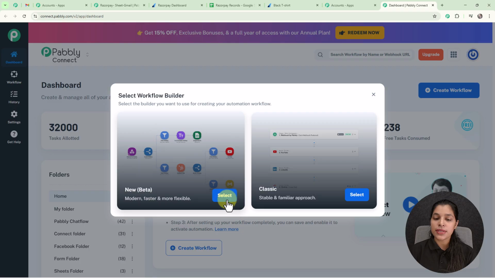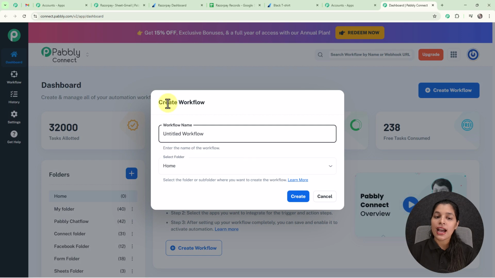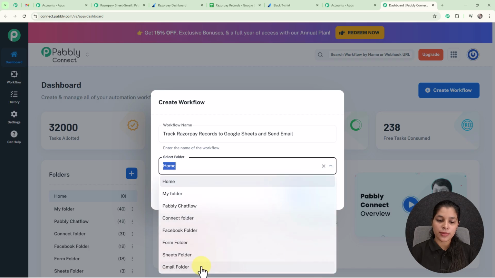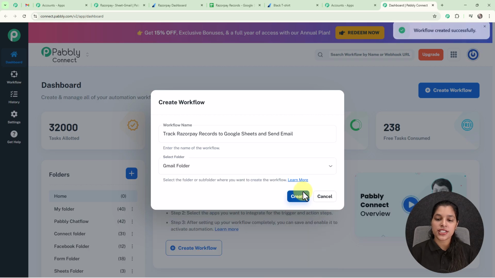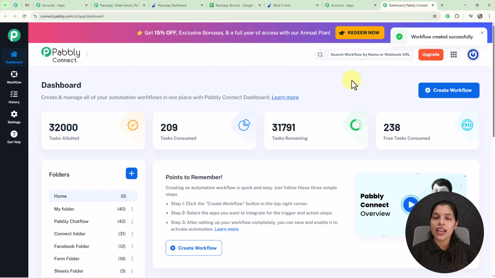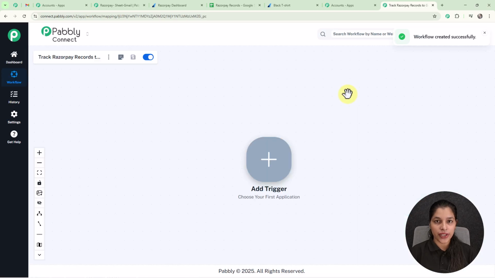So for that you simply have to click over the select button and you will be getting the dialog box where you have to provide the workflow name. So now I am going to provide a name to my workflow here. I am going to provide it the name track Razorpay records to Google Sheets and send email, and afterwards I am going to select my folder as Gmail folder. Now we simply have to click over this create button, and here you can see we are receiving this pop-up which says workflow created successfully, and we are landed to a workflow page